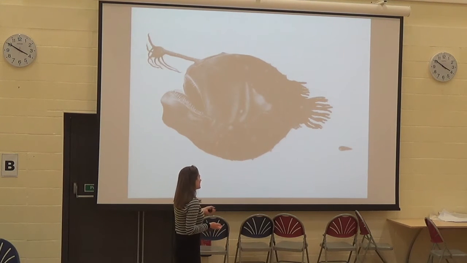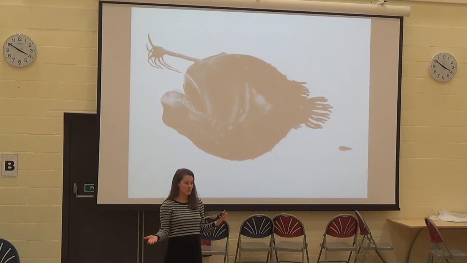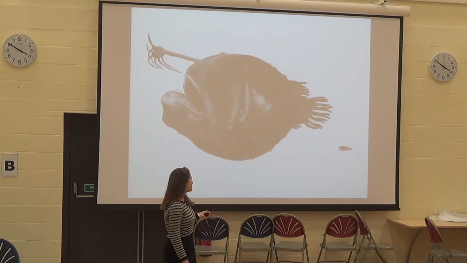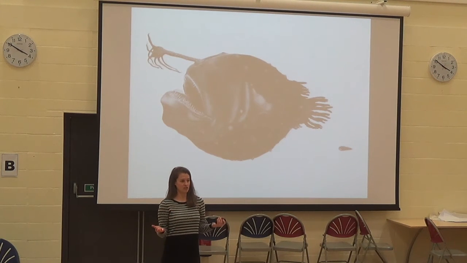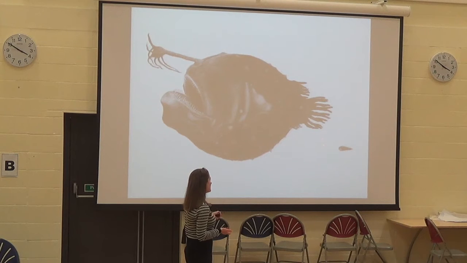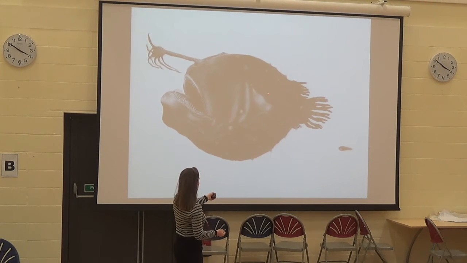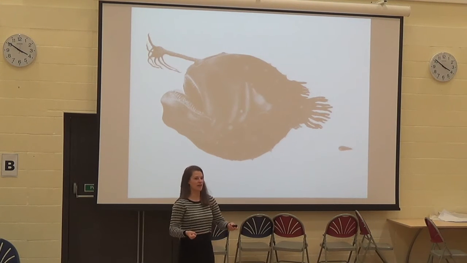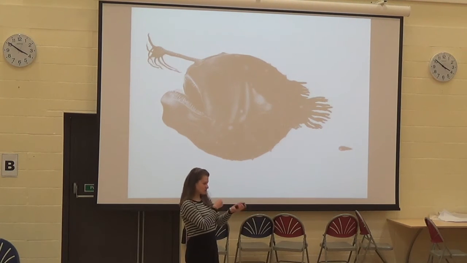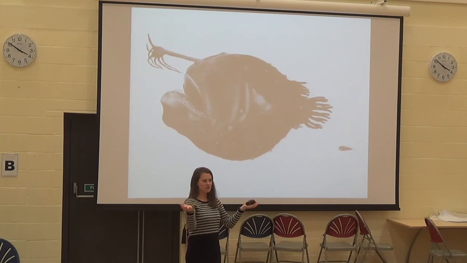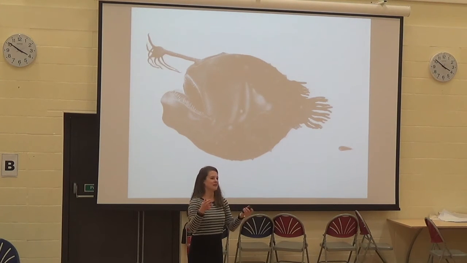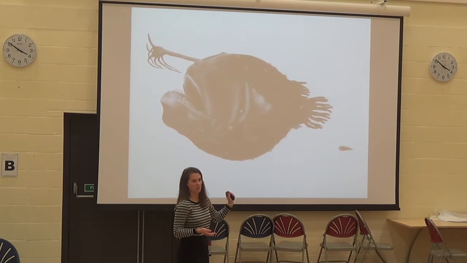So essentially, when a male encounters a female, because as I said, individuals don't often interact frequently with each other because of the environment they live in, the male really doesn't want to miss out on this mating opportunity. And so what they do is the male swims up to the female, burrows into the female body cavity. All of his organs completely dissolve, leaving only his reproductive organs intact, buried, as you can kind of see here, inside the female's body cavity. And essentially those gonads, which are just stuck inside the female, release sperm, fertilising the female's eggs, and she just swims around, essentially with all of these males embedded in her body.